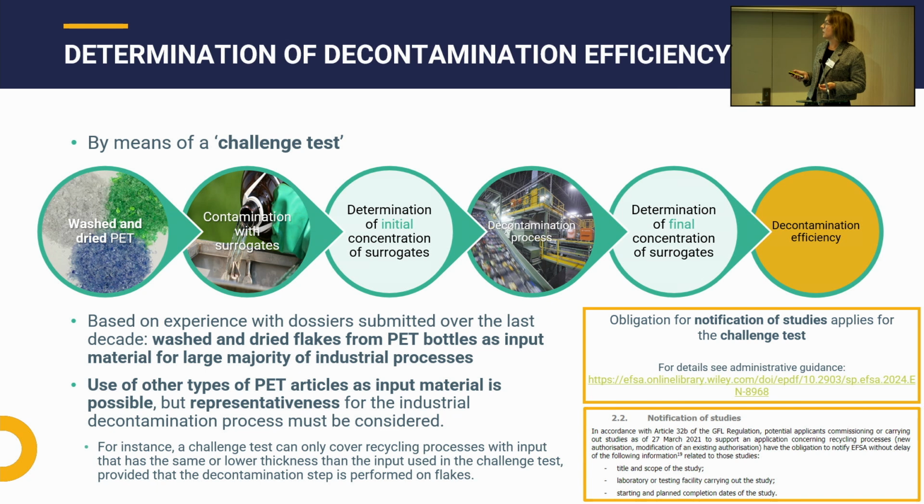The flakes are then submitted to the critical steps of the decontamination process, and after that we also have to measure the final concentration, and based on the two determinations of concentration, we calculate the decontamination efficiency. It was also mentioned already by Constanza, the challenge test is the crucial study for our evaluation, and